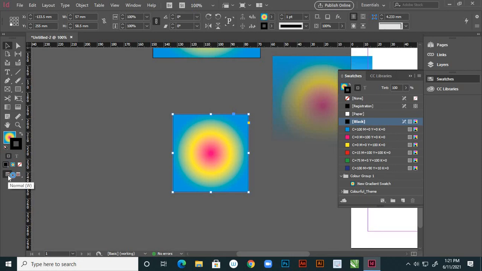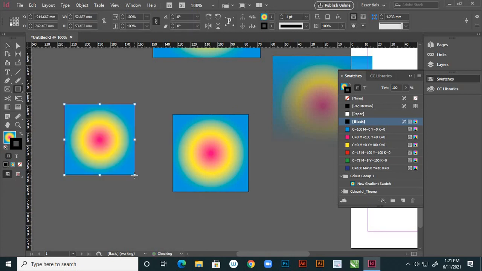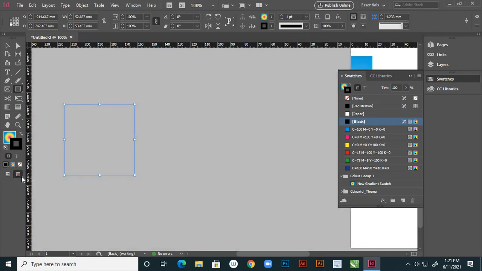And this is normal. So normal means at present how you are applying and drawing things in a normal way, right? And here, if you see, these are options. This is preview. So in preview we'll check our actual view, right?